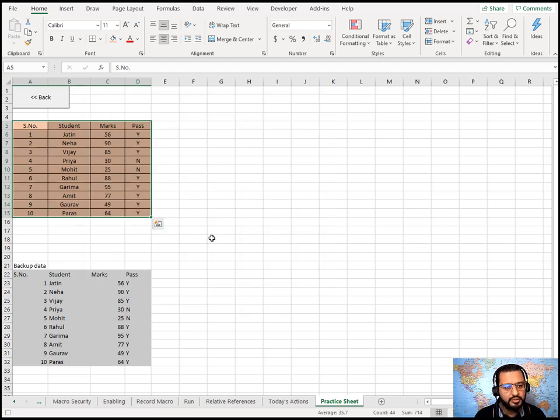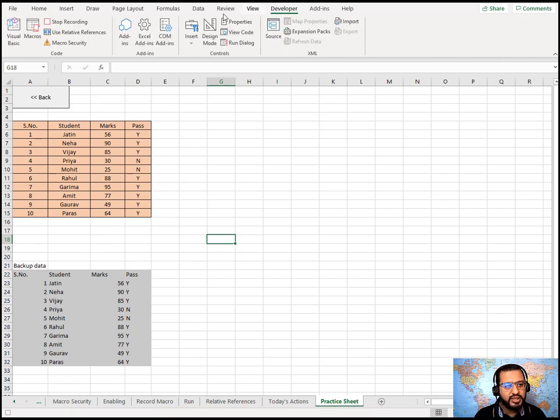So I formatted the data in the desired way which I wanted, and once I'm done with all this, I'll go back to the developer tab and click on stop recording. What has happened now is I have formatted my data, and the formatting steps have been recorded.